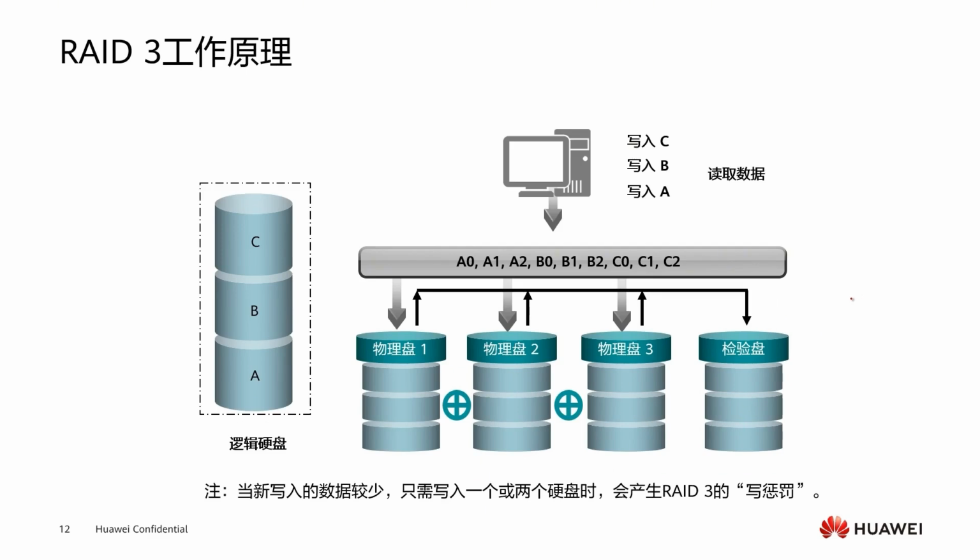RAID 3 is similar to RAID 0. The difference is that RAID 3 has a dedicated parity striping. In RAID 3, a dedicated hard drive called a parity disk is used to save the parity values of the data in the corresponding stripes on other hard drives. If incorrect data is detected or a hard drive fails, we can use parity data to recover the data on